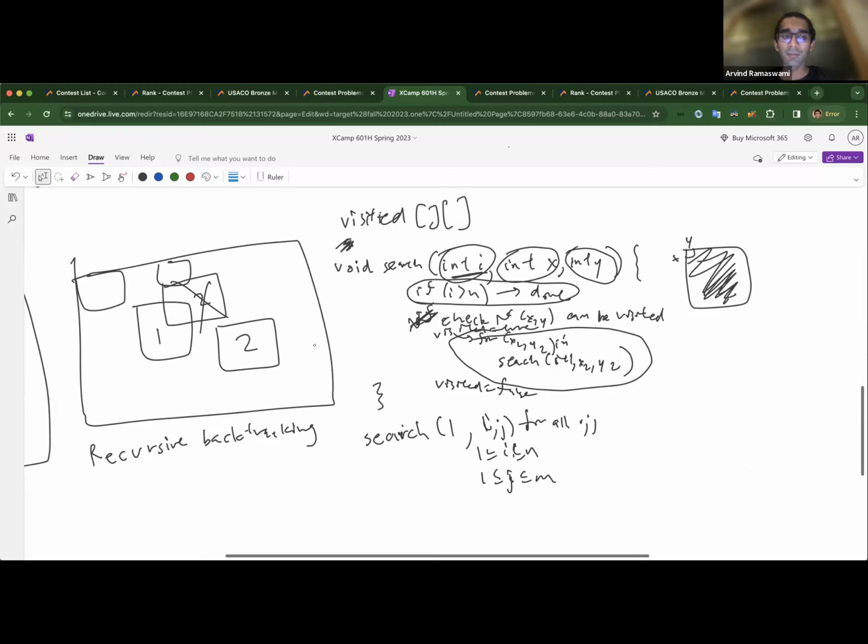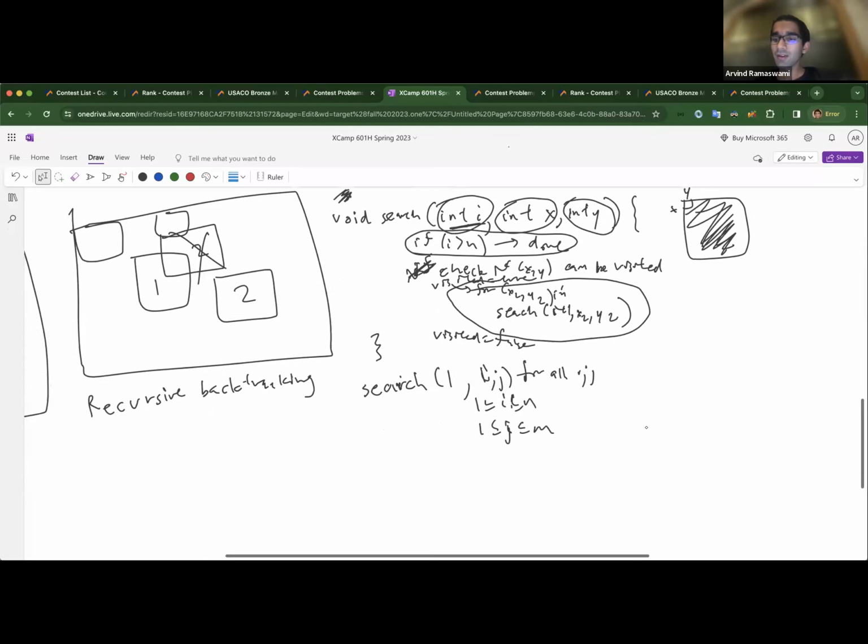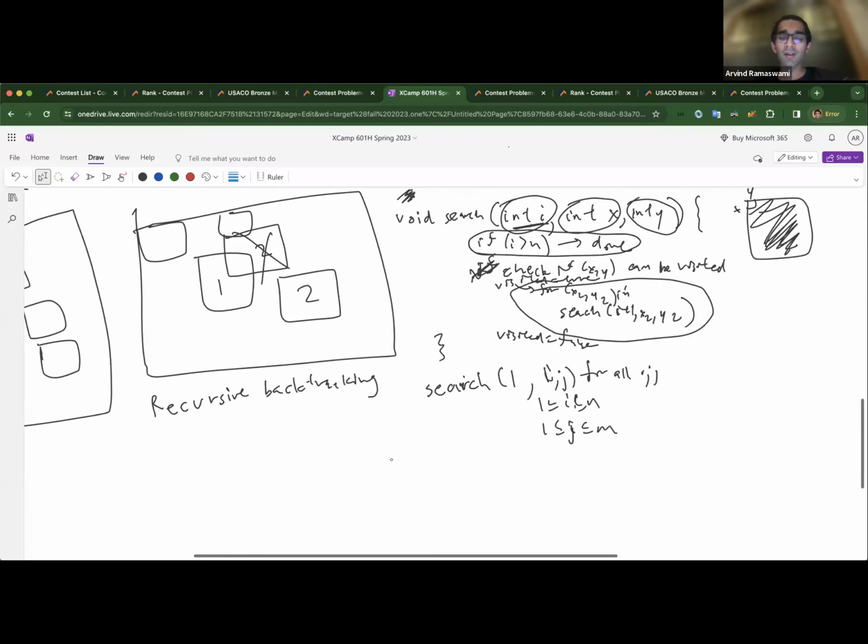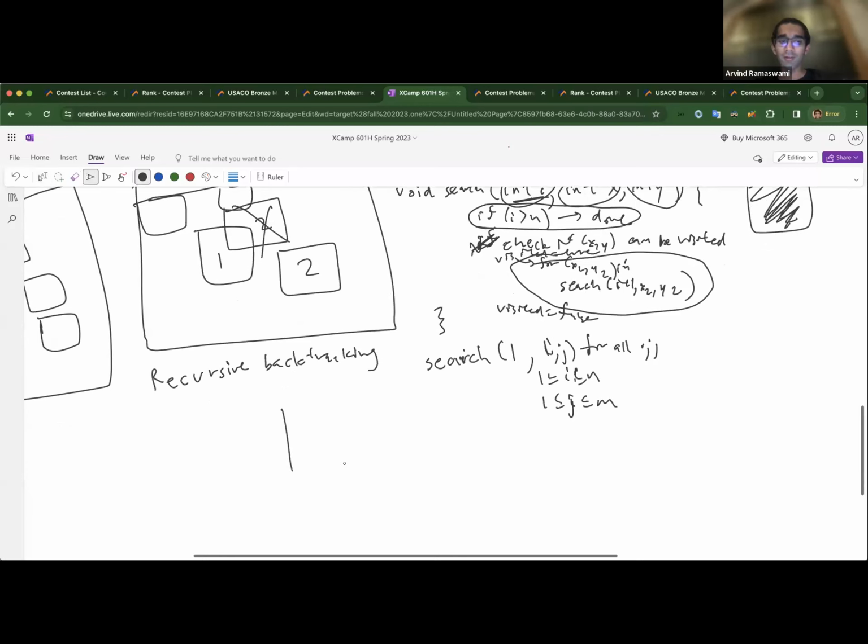Any questions? You can't just check if the total area is n times m, it's not sufficient. Let's consider, if your rectangle is 2 by 4 and you have two squares that are 3 by 3,